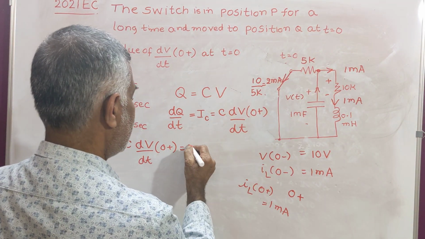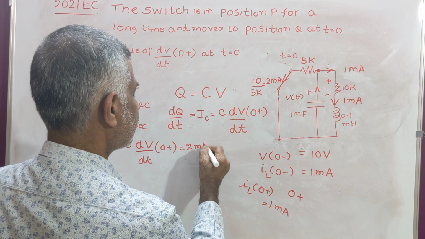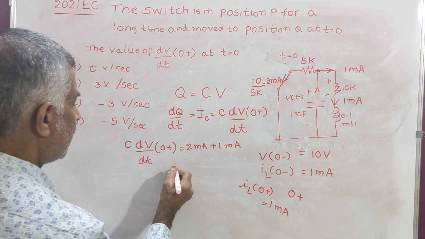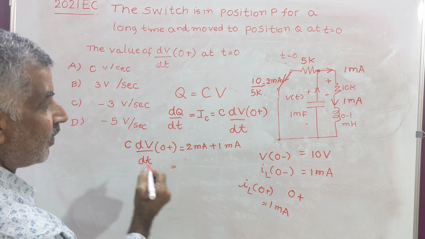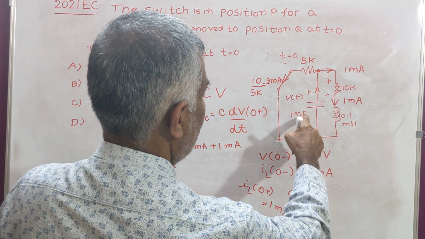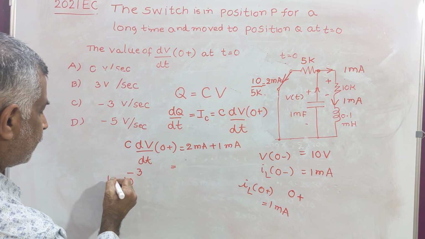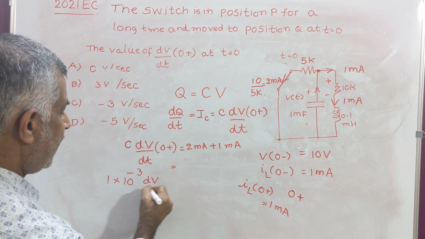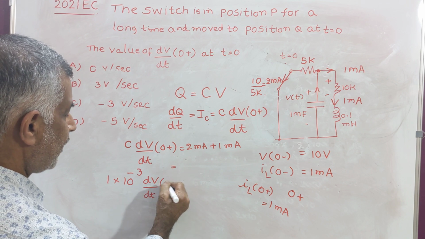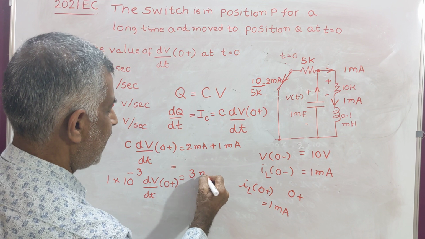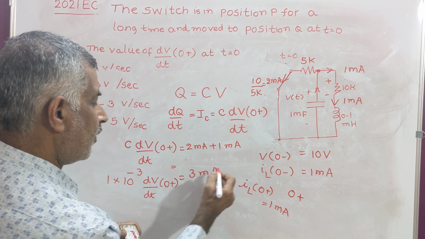Outgoing currents are 2 milliamps plus 1 milliamp. That is, C value is 1 millifarad. 1 millifarad times dV by dt at 0 plus is equal to 2 plus 1, that is 3 milliamps,